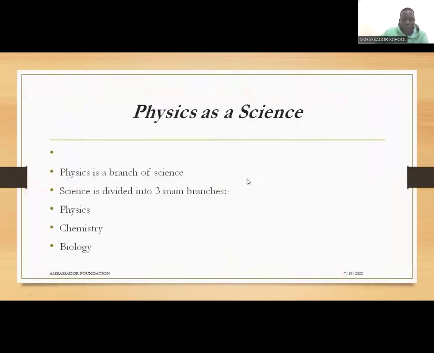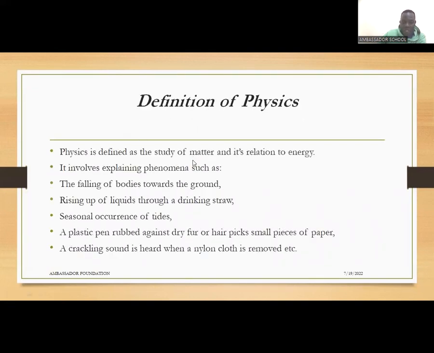So, first of all, physics is a branch of science, and that one we know. In primary, we were doing science as a whole subject. But now in high school, science is wide. So that's why we have to divide it into 3 branches. One of them is physics, the other one is chemistry, and the other one is biology. Physics and chemistry are referred to as physical sciences, and biology is the biological science. That is just the introduction.